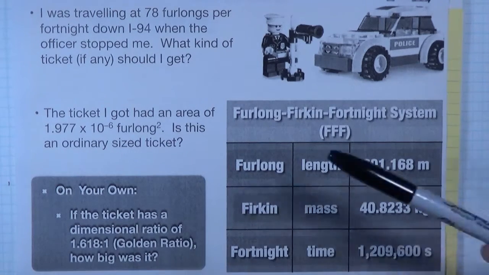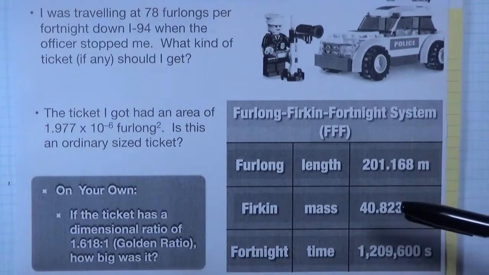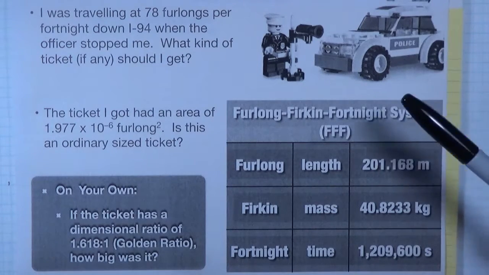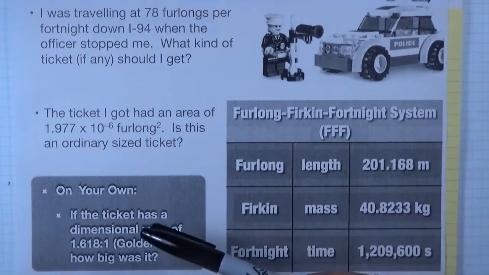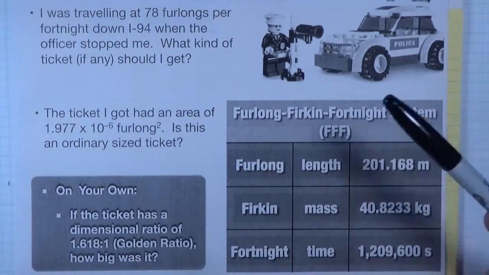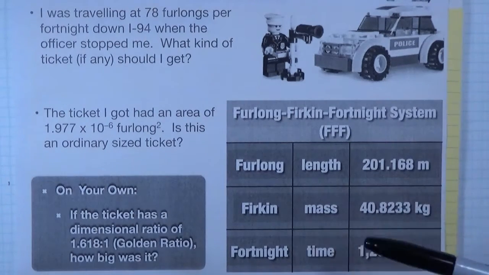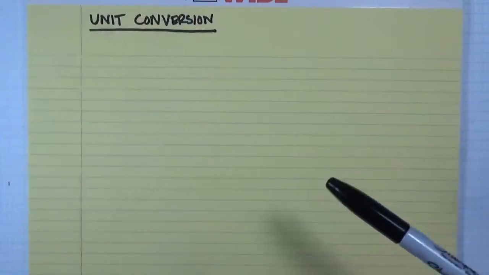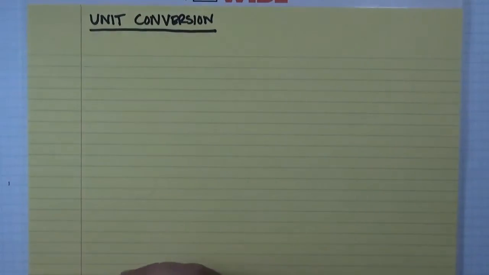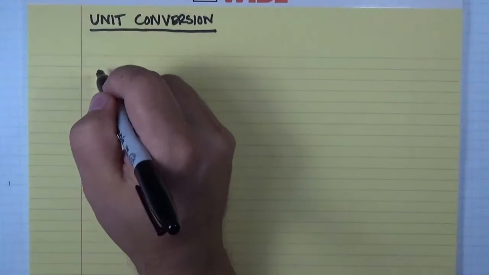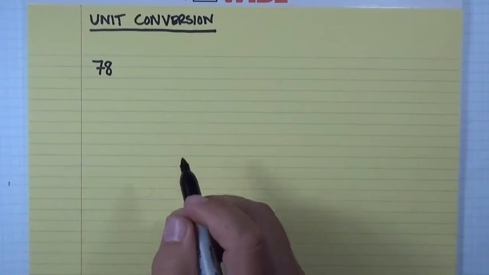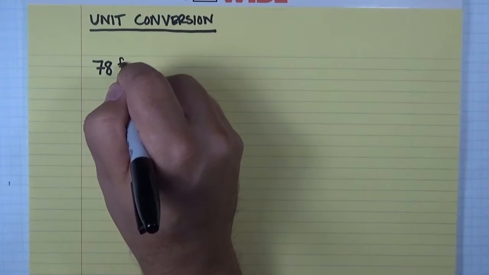Okay, the methods that we use here to do unit conversion are mathematically the same you would do for any unit conversion. You could convert from metric to imperial units, you could convert from imperial units to metric units, and back and forth. We're just using this particular system as a way of illustrating the concepts of unit conversion. Okay, so let's start with the speed that I was traveling. So the first thing you do is you write down what you're starting with. So in this case, I was traveling at 78 furlongs